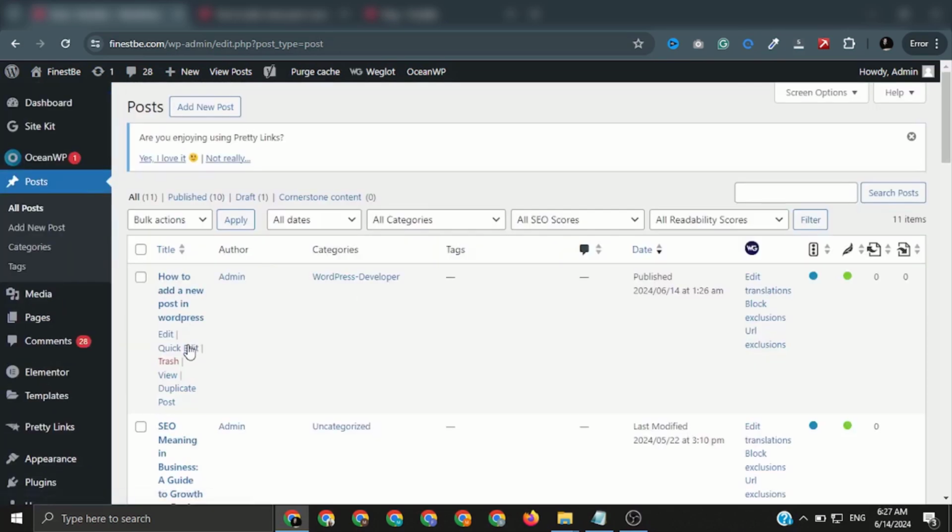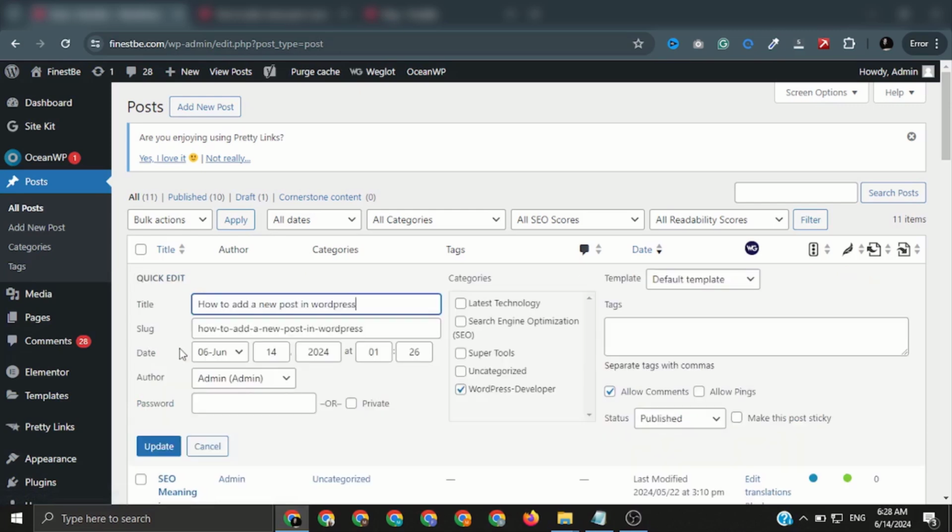If you want to change the URL of your blog post, you can do that from the page which we tried for this, but you can do that from here too, by clicking on quick edit.